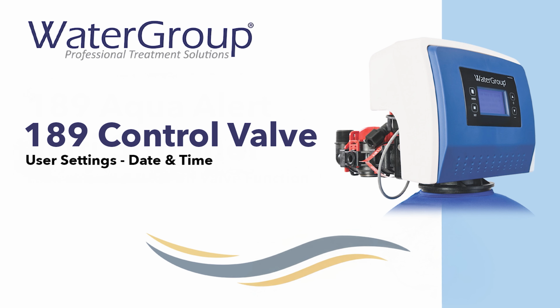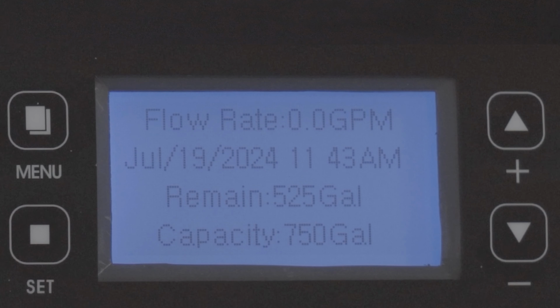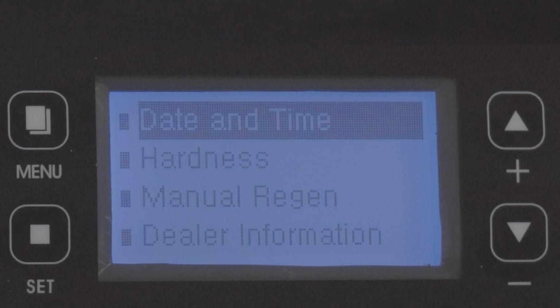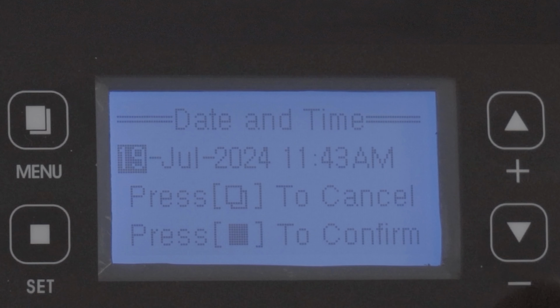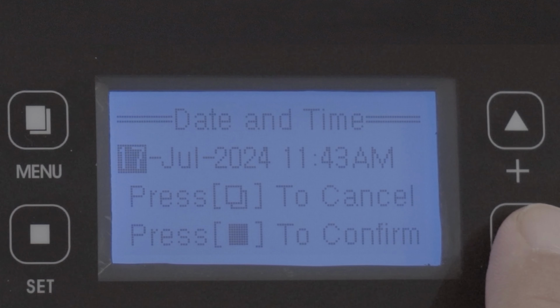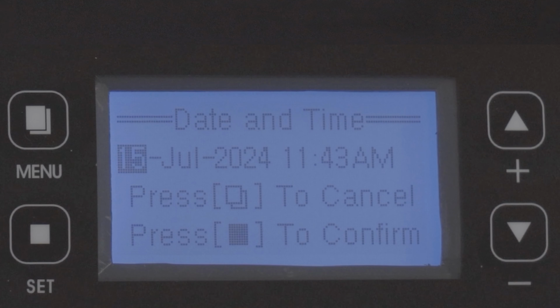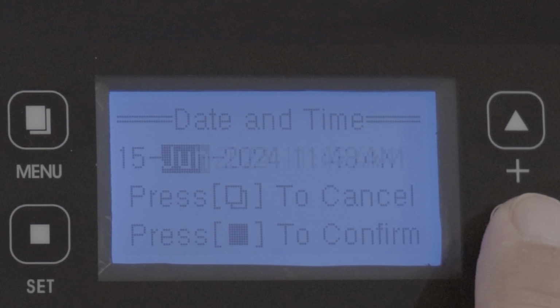In this video, we will show how to program the current date and time. Press the menu button followed by the Set button to access the date and time. Use the arrow down or up buttons to change the day. Press the Set button to advance to the month,